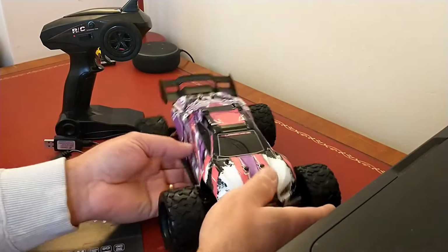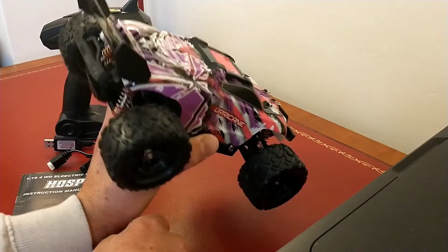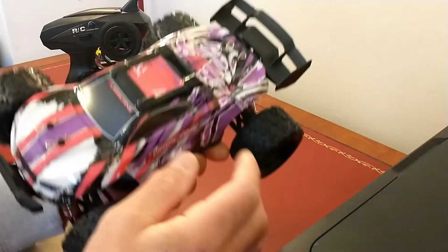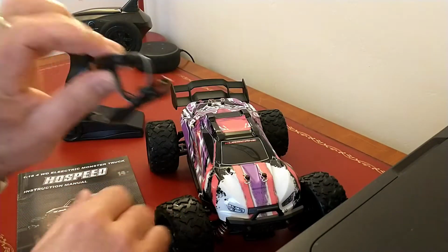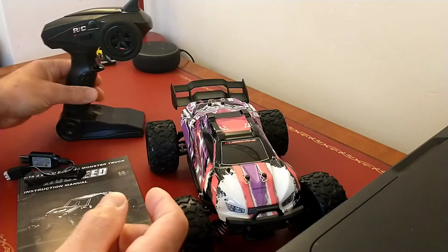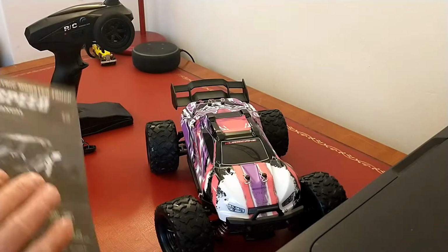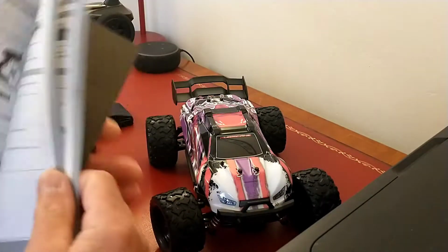So in the box you get your truck, quite nice looking really. Independent suspension, got body clips, you got your USB charger, you got your controller, which takes 3 AA batteries, and you got a user manual, which is